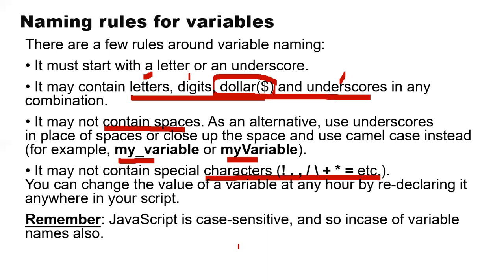And as we said, JavaScript is case sensitive. So what do we mean by case sensitive? For example, we discussed an object called document. When I want to print something onto the screen, I'll be using document.write. When I write document.write, it should be written only in small letters. If I write it in capital letters, JavaScript says that it is not identified.